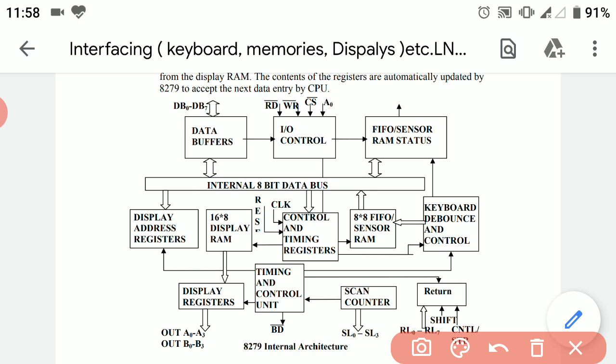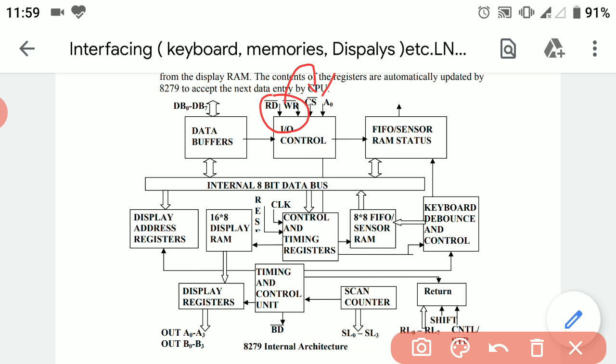Now the next block is input output control. In this block we have four pins, that is A0, CS, write and read. These read and write pins are going to be controlled by CS pin.